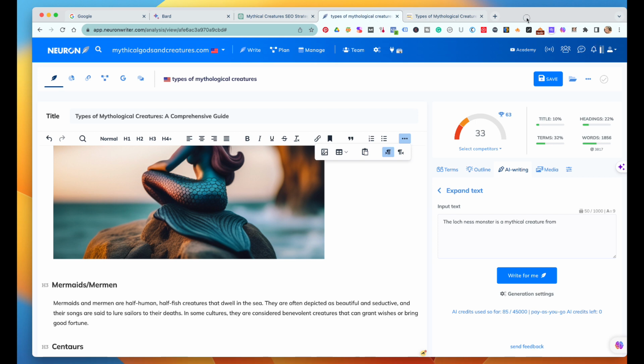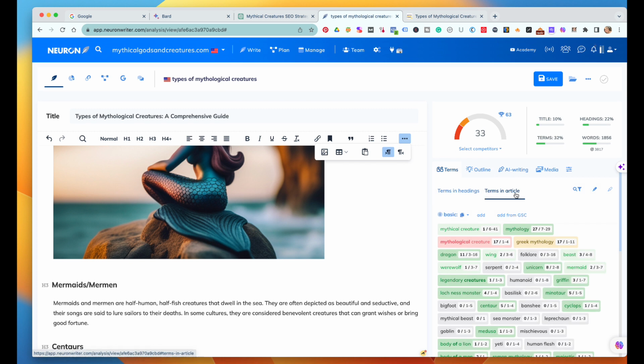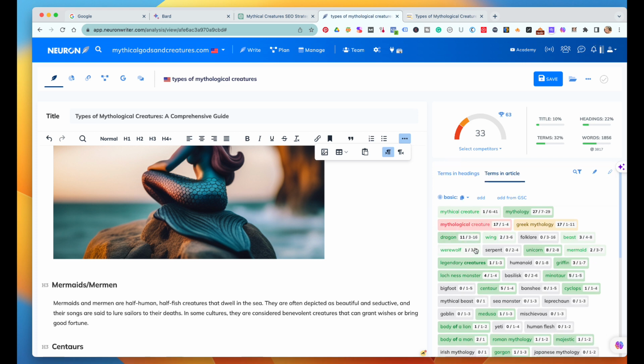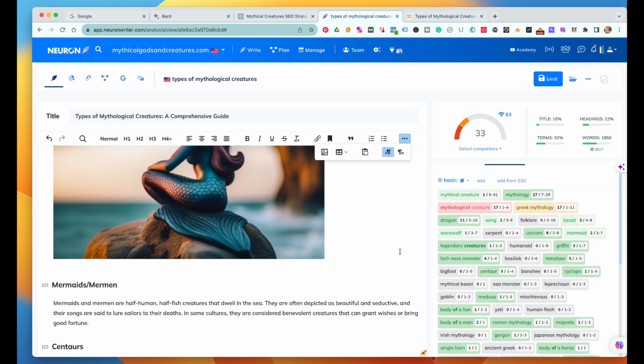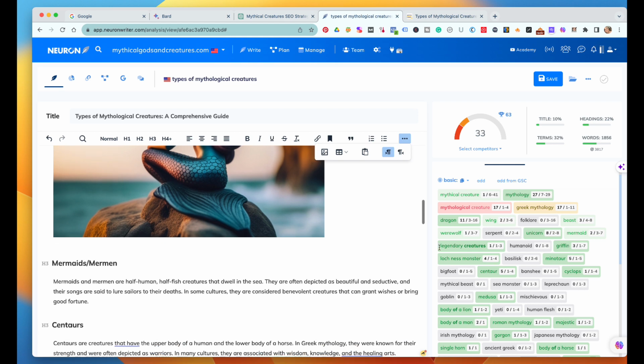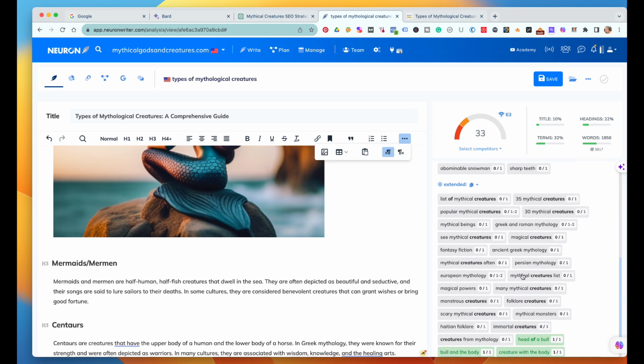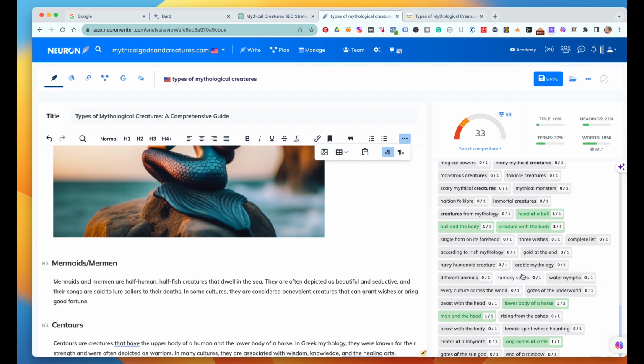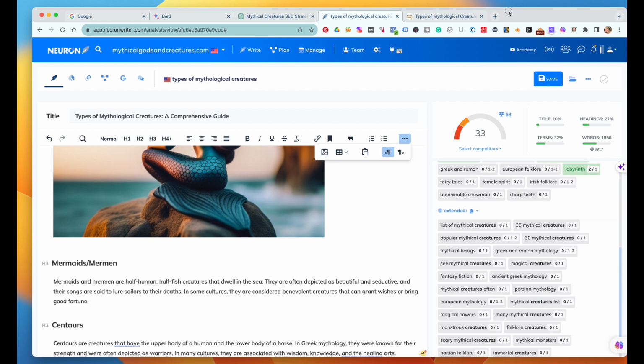So let's go over here and go back to our terms, and we are now up to 33, and we've added a couple hundred more words. When you see this red, it means we're using it too much, but you have to be relative about that, because that's what the article is really about, and that word is going to be overused. The problem is it could be considered keyword stuffing, but I wouldn't worry about it if they're not all red. So what we're going to do now to up our score here,